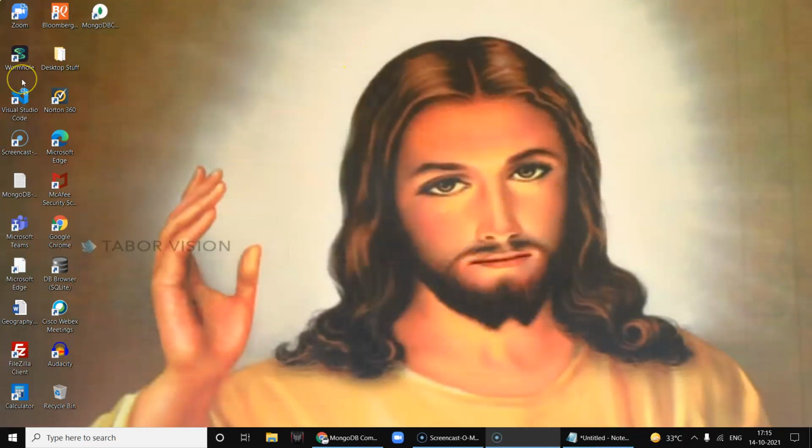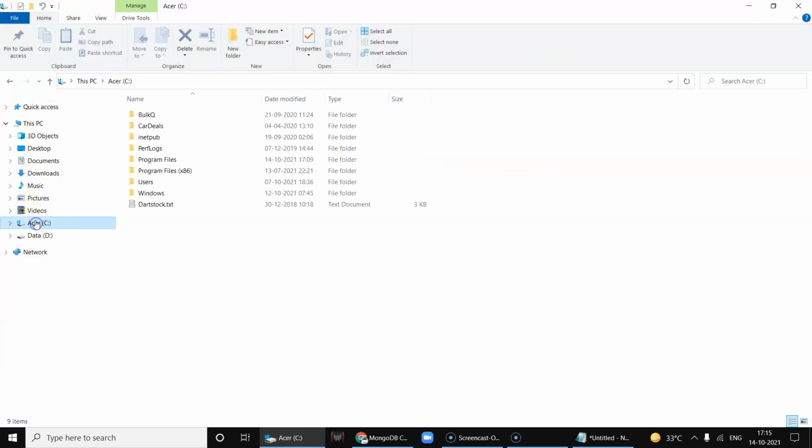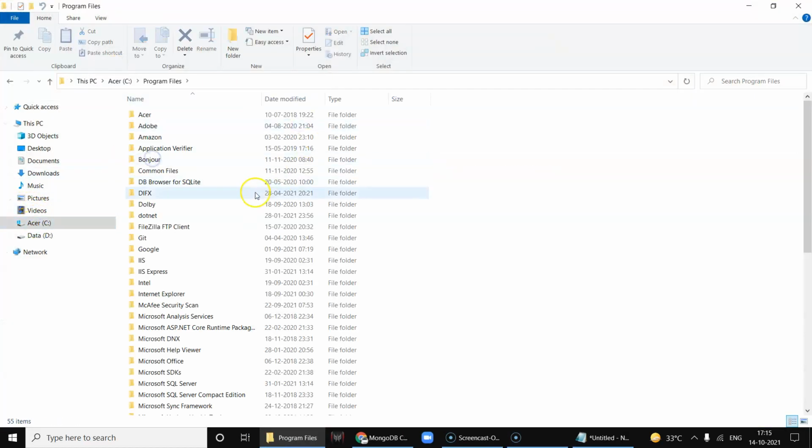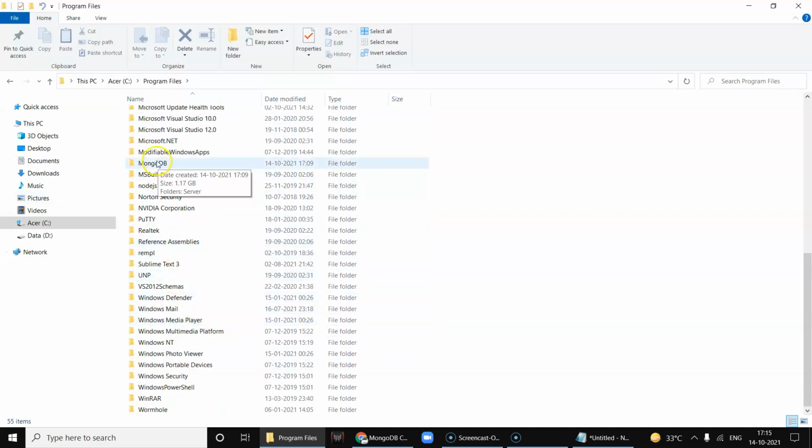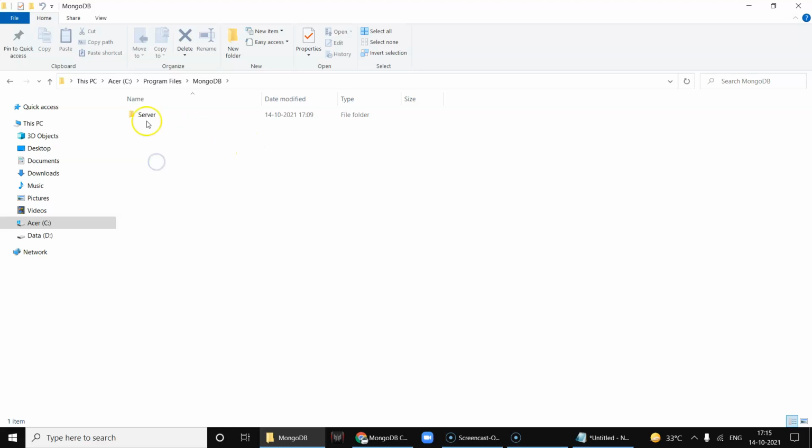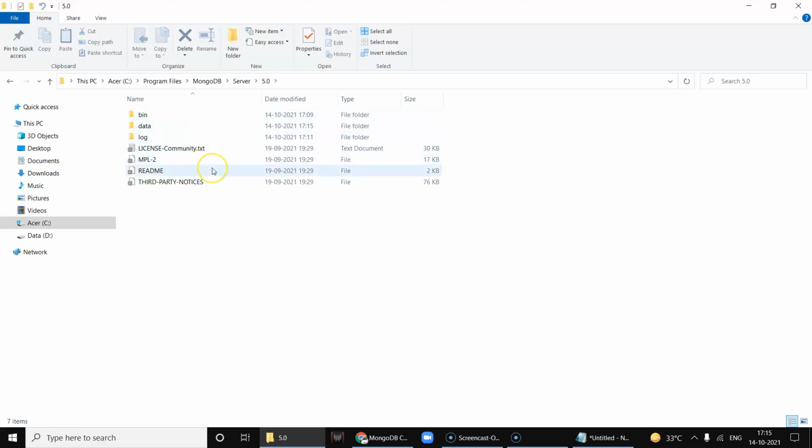So now once the MongoDB database is installed, we will go to the default path which we selected. We click on Program Files and we can see there is a folder called MongoDB. Inside there is server and the version, 5.0, which we installed, and the bin directory.